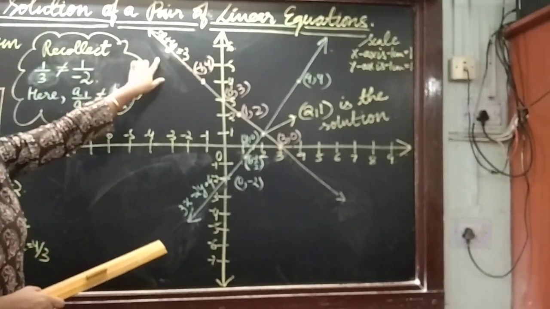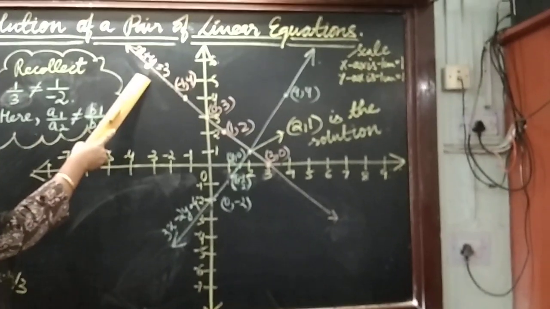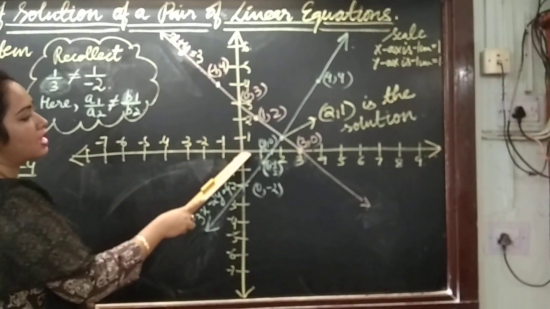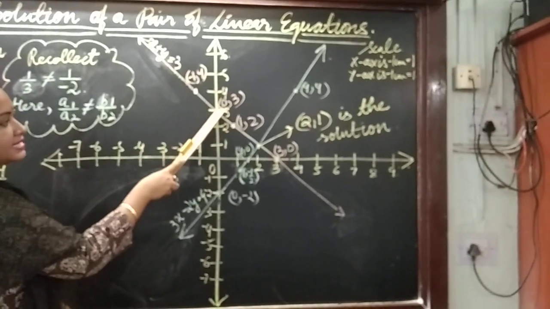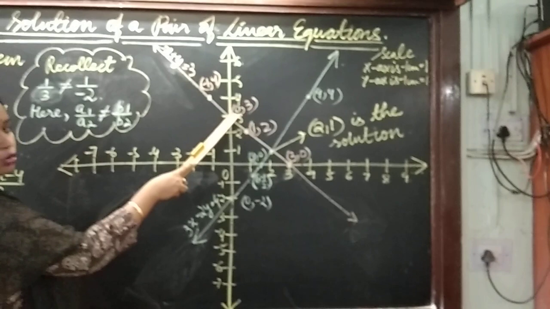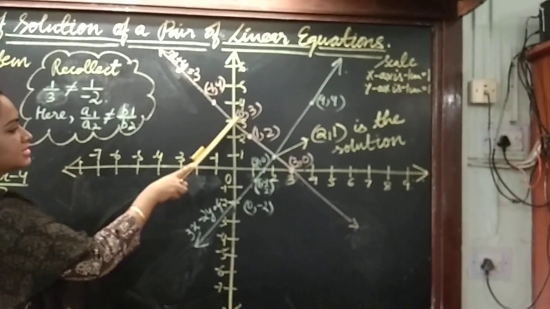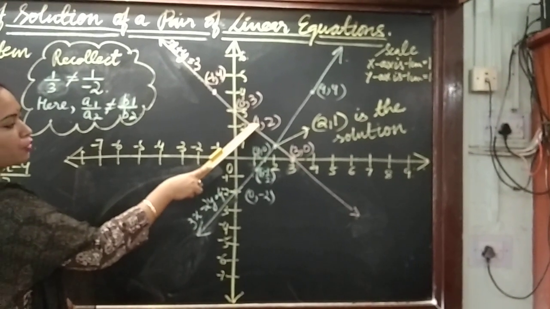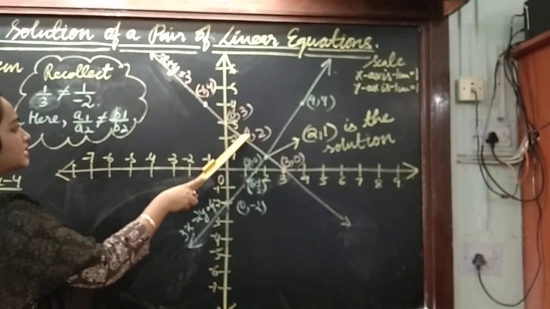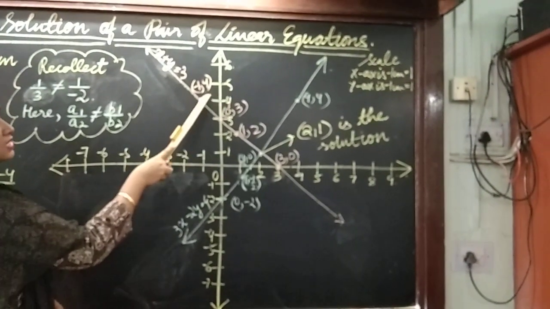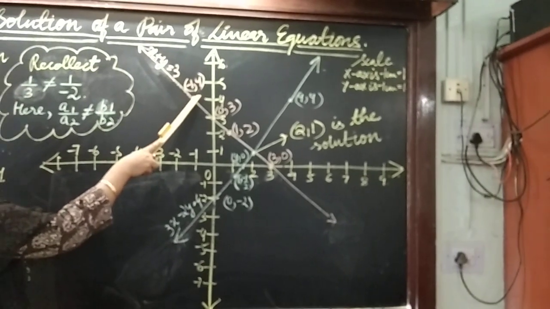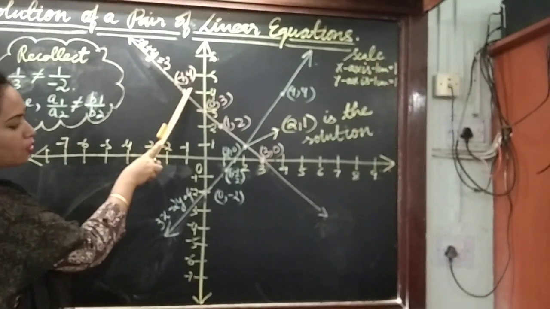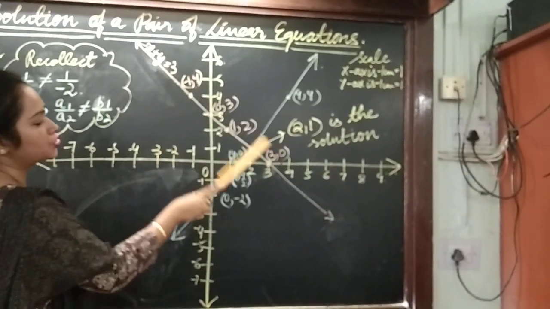So let us consider the very first one, which is x plus y equals 3. When I consider this case, my first coordinate was 0, 3. So I plotted this where my x is 0, y is 3. So this point is 0, 3. The second point which we chose is 1 and 2, 1 of x, 2 of y. My third point was minus 1 and plus 4. So this is the coordinate which is there. Since I have already plotted the graph, for convenience I am showing it by joining the coordinates. The last coordinate which we found out was 3, 0, right?